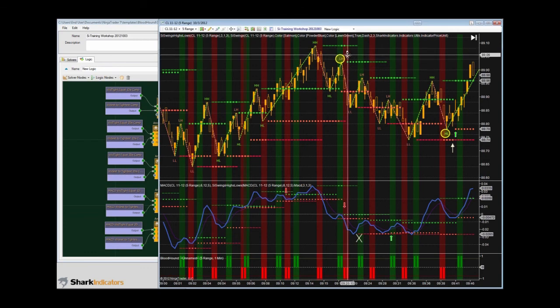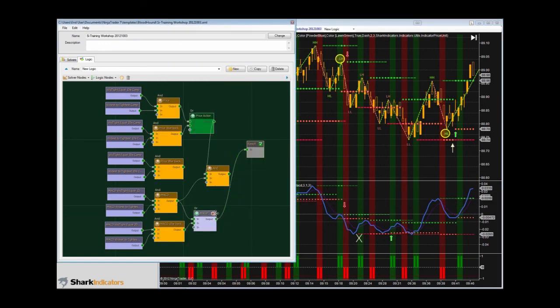So this arrow's marking when the price action is detected, and this arrow's marking when the indicator is detected. And we can see I did a look back on the MACD, so now we have a short 1 bar forward. All right, so I should be able to disconnect that later. Plug that in there, plug that in there,